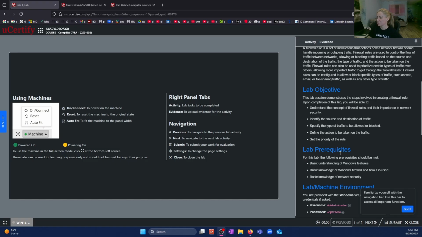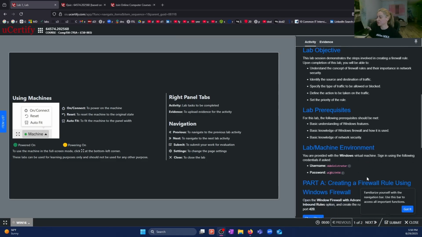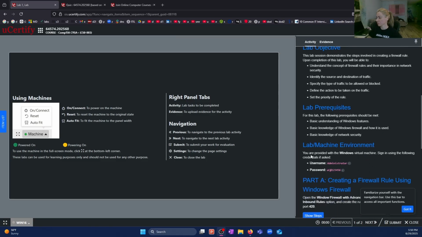Lab prerequisites. For this lab, the following prerequisites should be met. Basic understanding of Windows features, basic knowledge of Windows Firewall and how it is used, basic knowledge of network security. You are provided with the Windows Virtual Machine. Sign in using the following credentials: administrator,